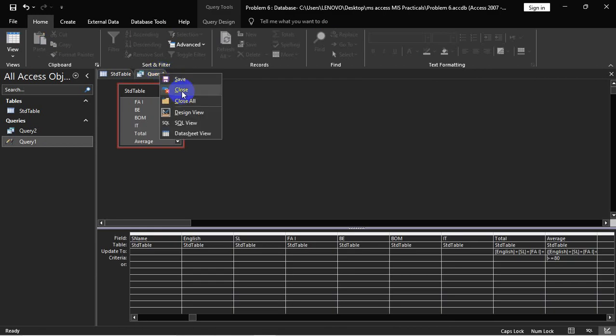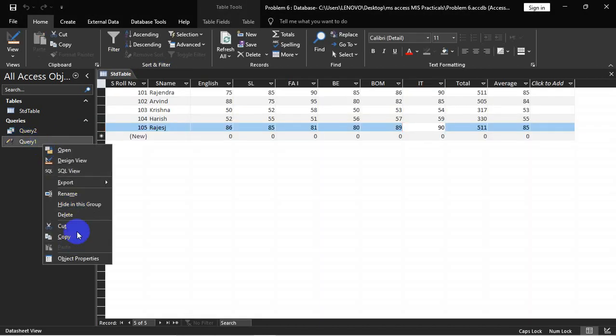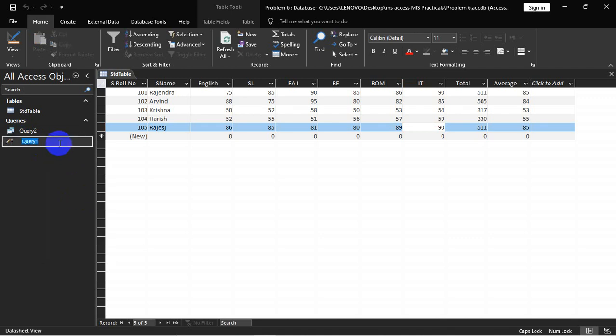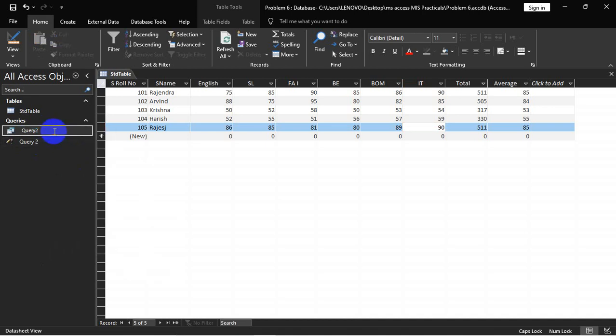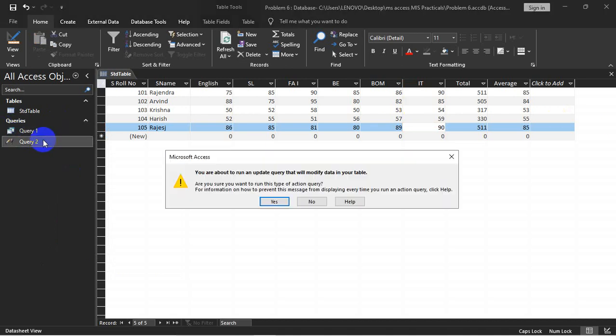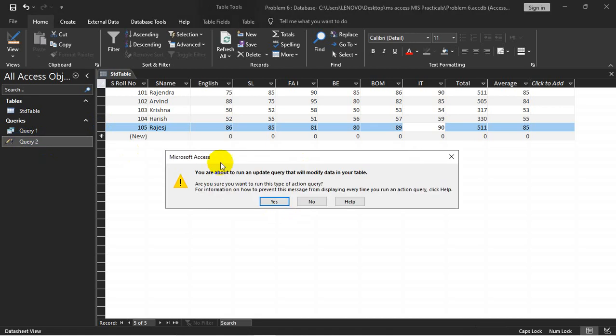Close this one, close this one. Here you can type rename. I have updated that one already, but I am writing 2 here, and this one I am writing number 1. Okay, see, all this is updated now. Yes, 3 rows are updated.